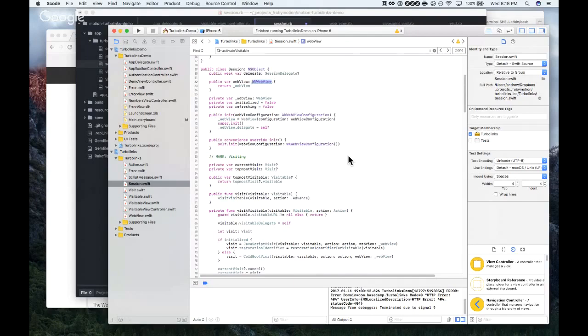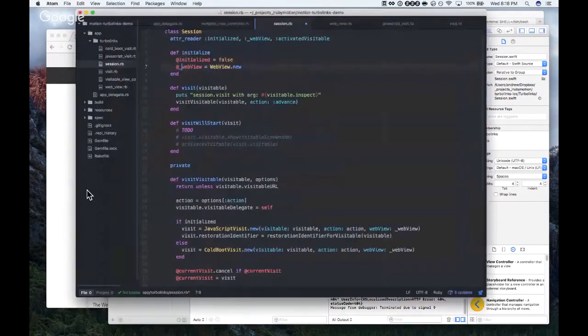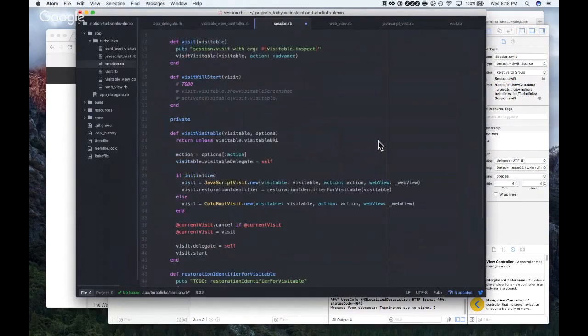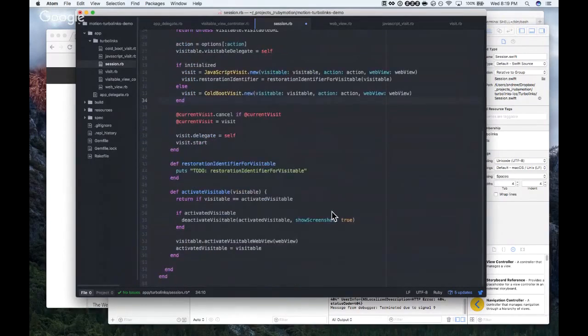For our purposes, I don't think we need the wonders of type safety. Don't we wish we had it in Ruby? No, thank you. So I'm going to just update all these because I don't think we need to differentiate between them. I think we can use the quacks-like-a-duck approach to this. We do need that activate visitable web view on the visitable.